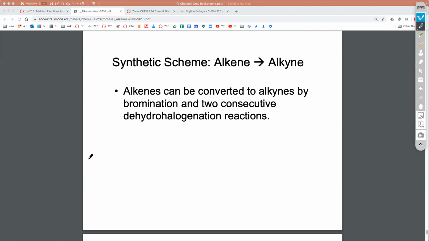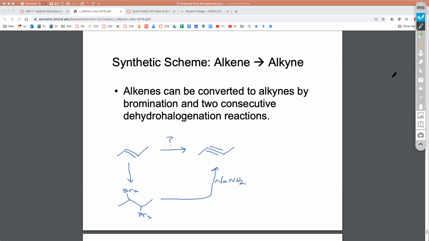So let's say that we had this alkene, and we wanted to convert it to this alkyne. Of course, it would be linear, but we sometimes show the zigzag here. Now, there is no single reaction to get from here to here, okay? But if we could get here, and then we used sodium amide,